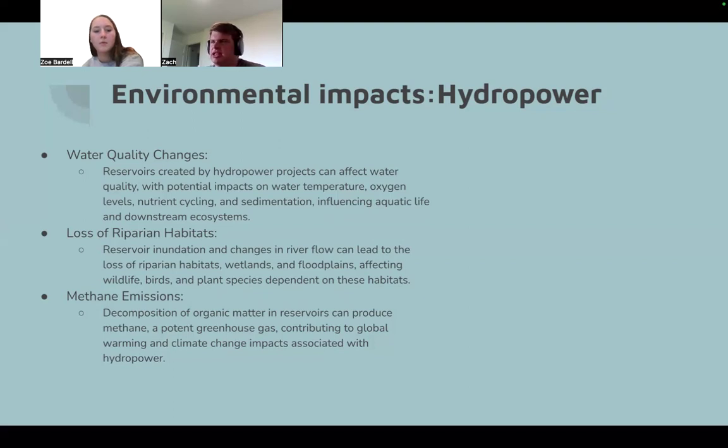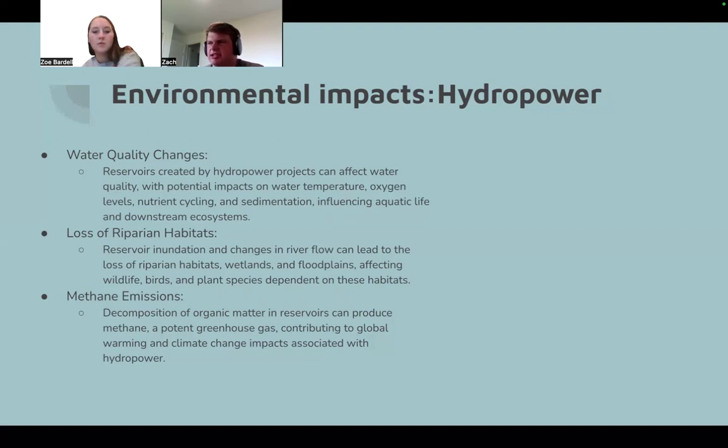Another is the loss of riparian habitats. Reservoir inundation and changes in river flows can lead to the loss of riparian habitats, which are very rare, and wetlands and floodplains, affecting wildlife, birds, and plant species